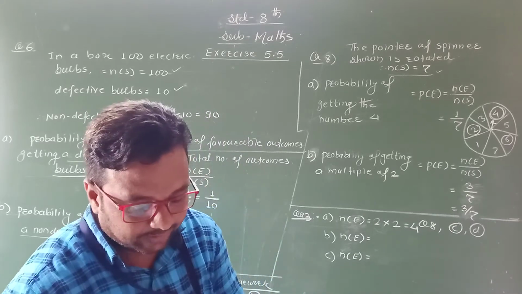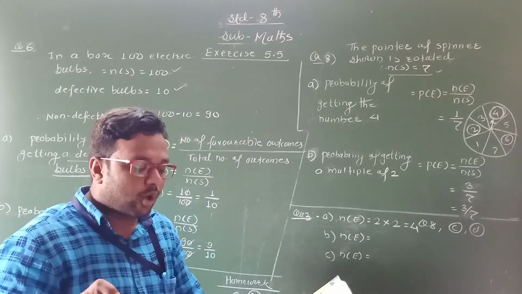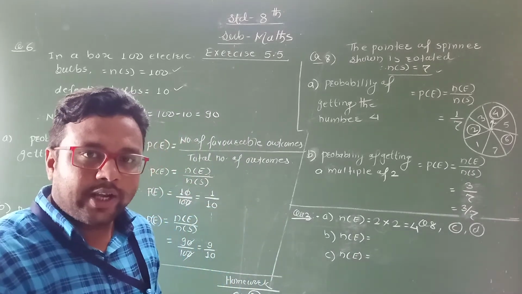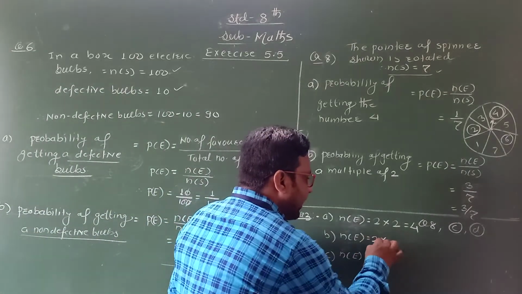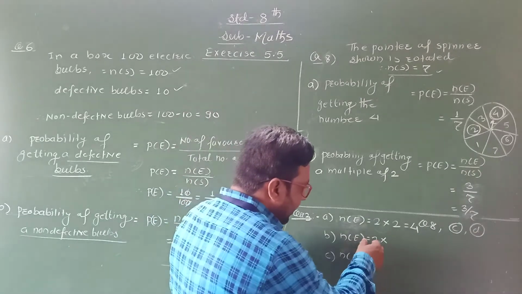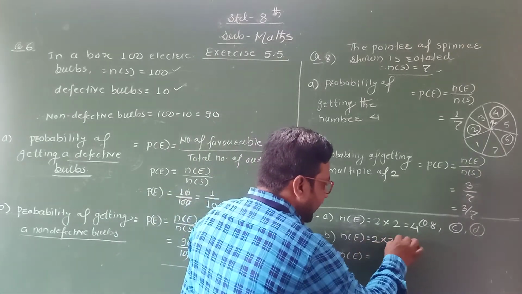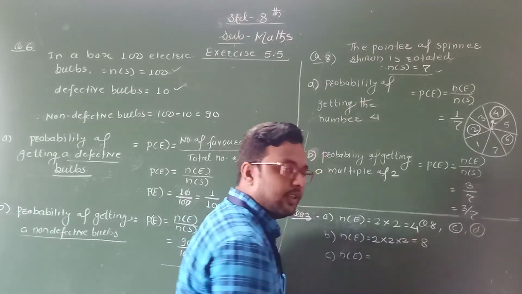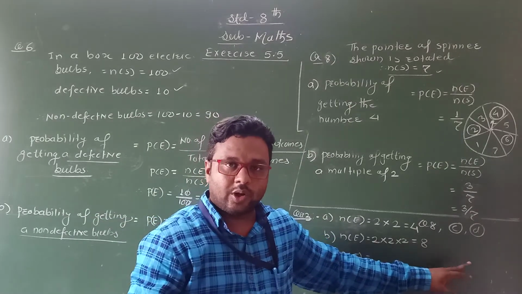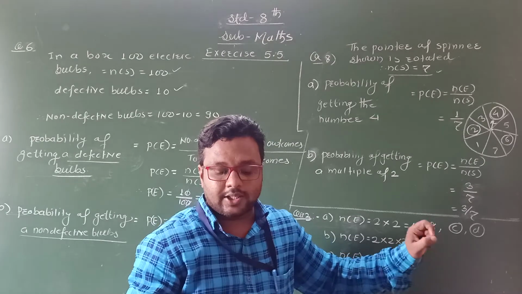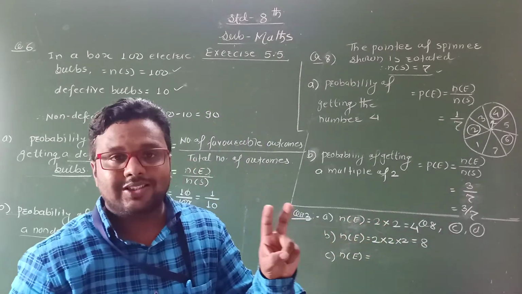Now see the second. A coin is tossed 3 times. For a coin, 2 outcomes are there. Okay. And here we toss how many times? 3 times. Therefore we multiply 2 how many times? 3 times. Here we get what? 8. Therefore 8 is the number of elementary outcomes for this random experiment when a coin is tossed 3 times.